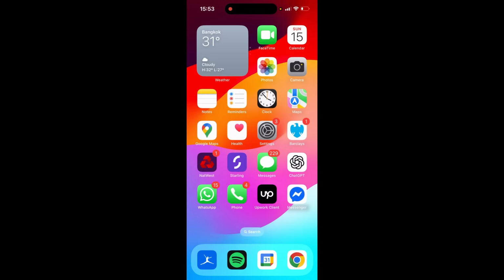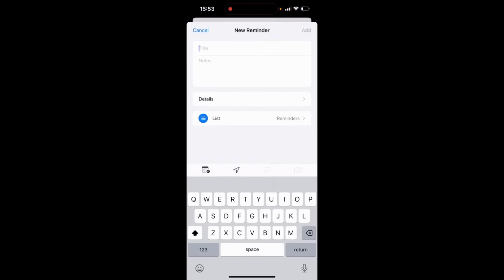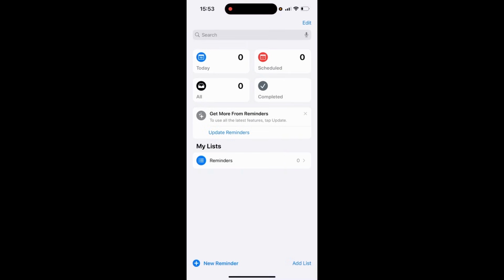So what you need to do is go to the Reminders app on your phone. Once you're here, you will see something like this. If not, you might be in New Reminder, so you can just cancel out. Now you've got Today, Scheduled, All, and Complete. Now, when I've completed a reminder, I remove it and delete it, so my complete box is going to be empty. But if you wanted to create a reminder, go ahead and click Create Reminder or New Reminder in the